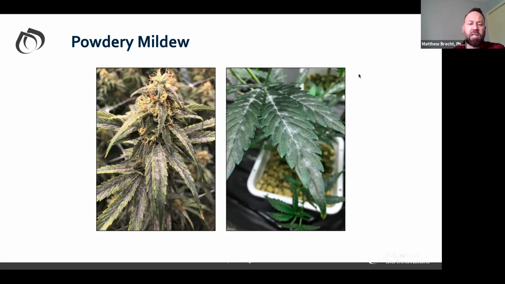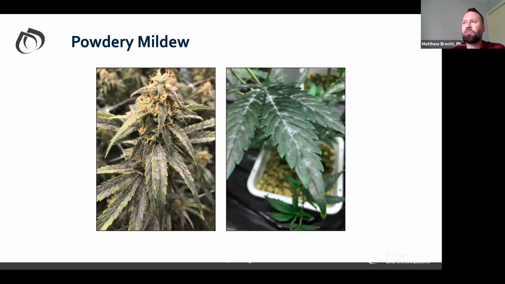But those products you can use as just a knockdown. So you can see that white mycelium. On the white mycelium is a lot of spores as well. So if you spray these products, you can pretty much kill those on contact. And so we kind of use the PAAs later in flower.